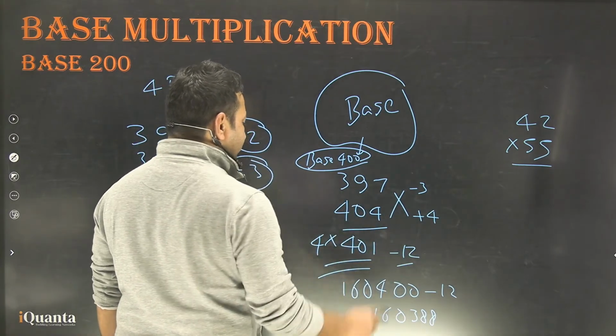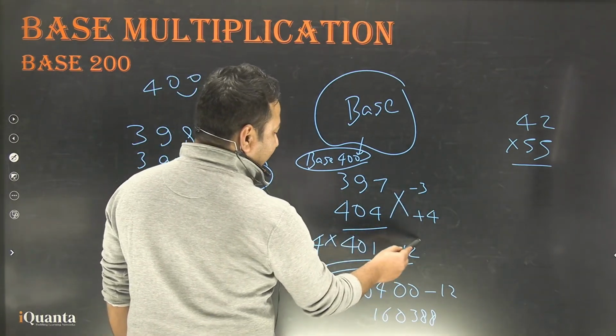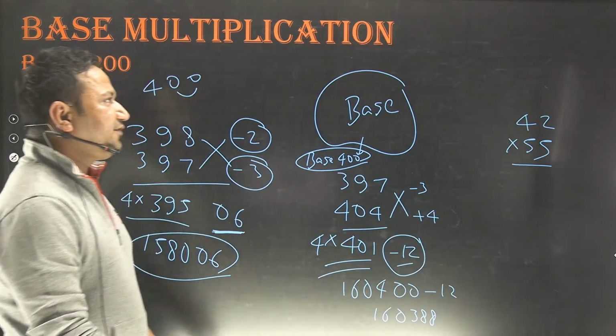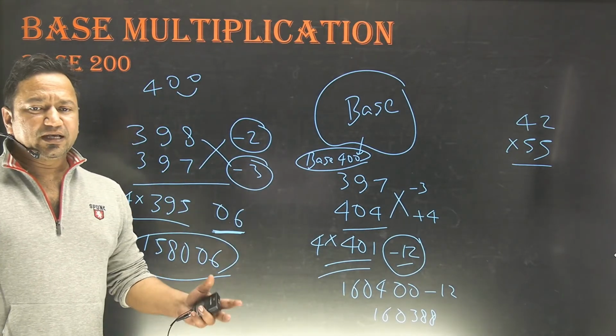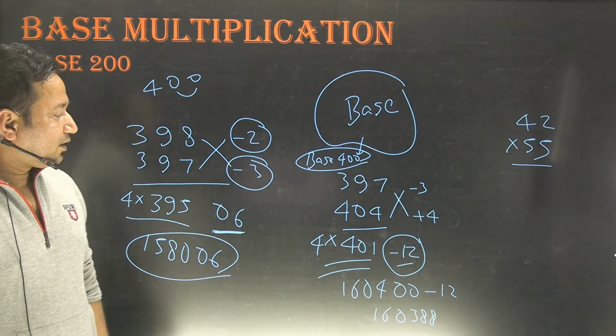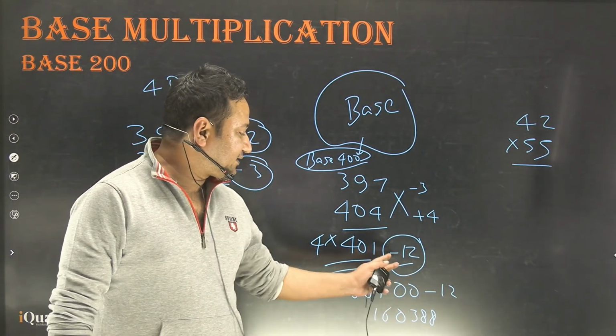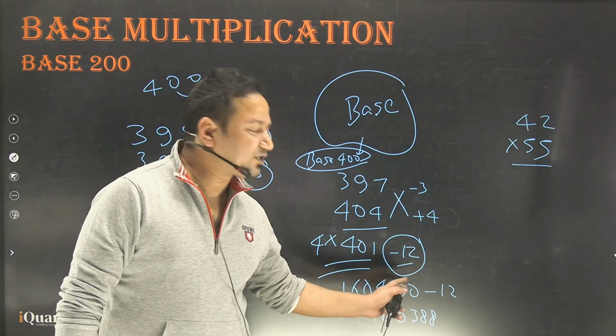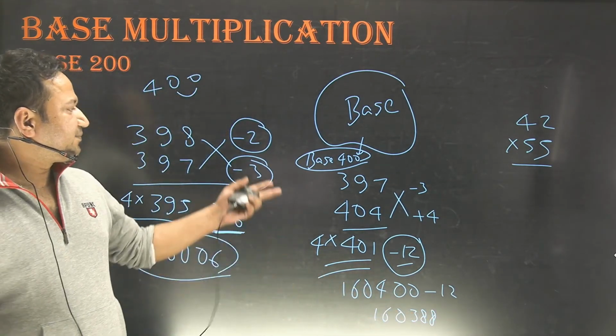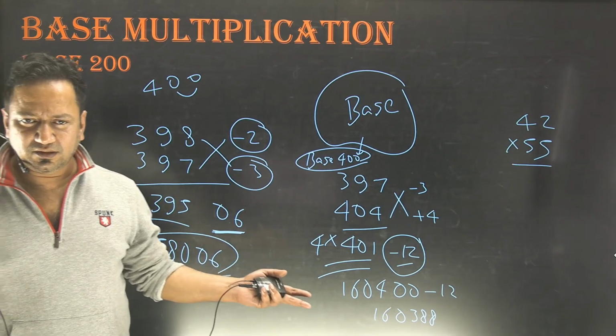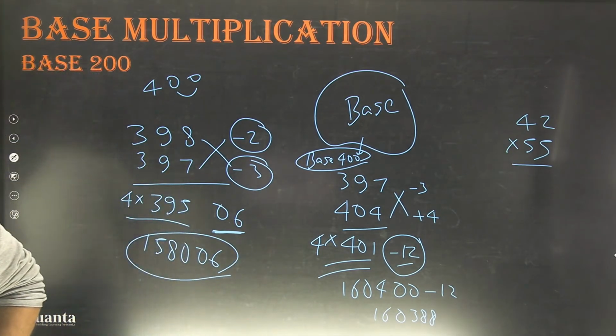397 plus 4, 404 minus 3. Okay, this is minus 12. In the cases where we got a deficit, in the case of base 10, base 20, etc., we just put a 0 and subtracted. Here, because there are 2 zeros, I put 2 zeros over here, then subtracted 12 from that. Why 2 zeros? Because the base has 2 zeros in the end. Alright, this is very simple. Rose, you got the answer. Perfect, Rose. Well done.